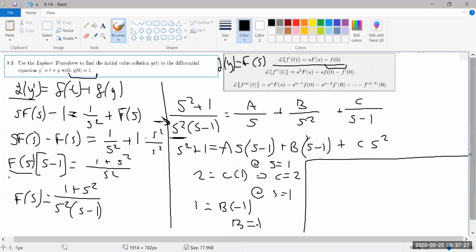So now we can actually just use the terms that we just solved for and plug them in and solve for a. So we get s squared plus 1 equals, so we're looking for a, so we still have that. I'm going to go ahead and distribute that term. So we get a s squared minus a s, and then plus,